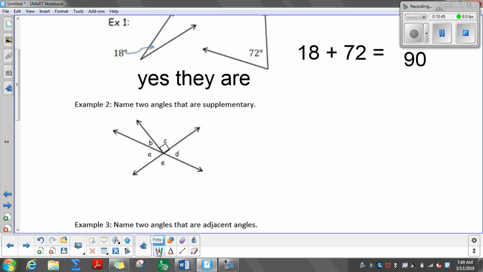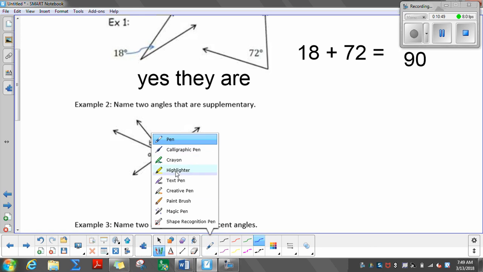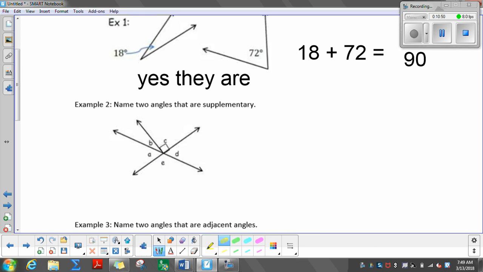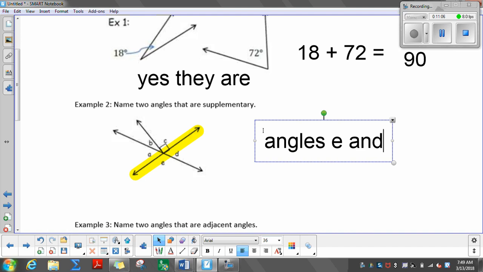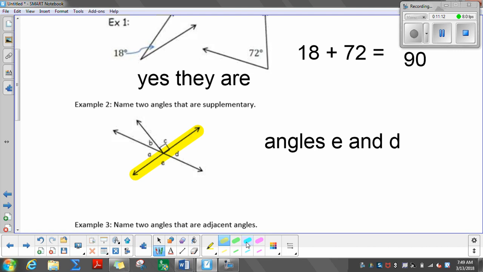Number 2, name 2 angles that are supplementary. So remember, 2 angles that make a 180 degree angle, which means it's a straight angle. So here's a straight line. These 2 angles, E and D, make up that straight line. So angles E and D are supplementary. But also, if you look at this other straight line right here,